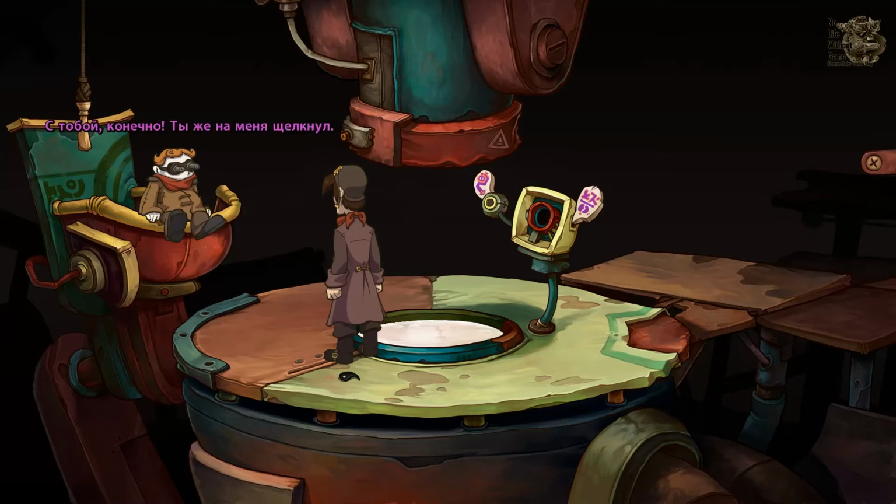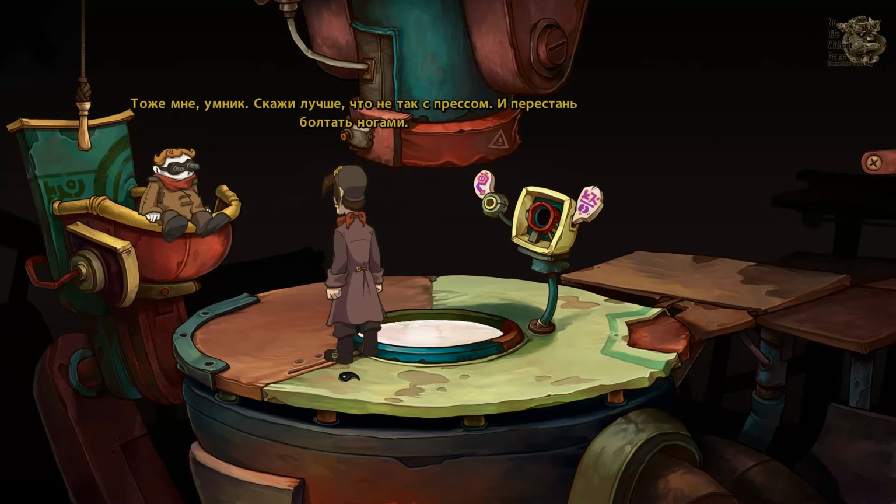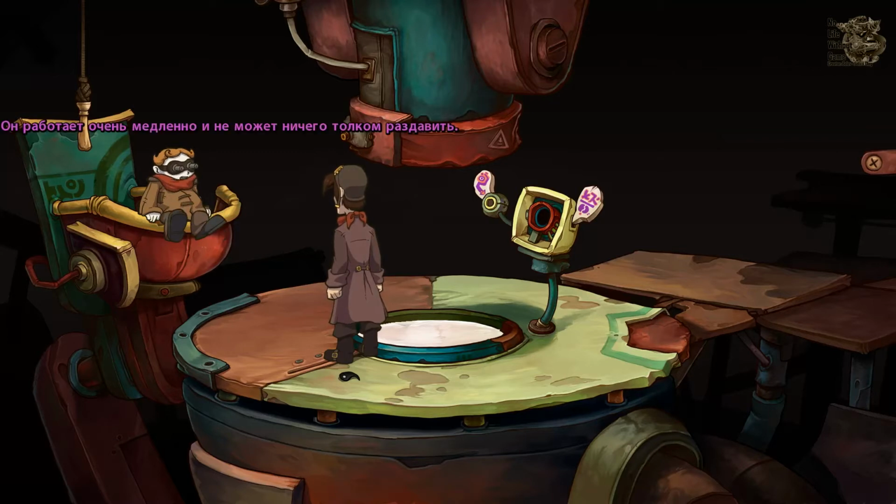Who's talking to you? Why, you are. You clicked on me. Smarty pants. Just tell me what's wrong with the junk press. And stop wiggling your feet. It's pressing only very gently now and doesn't really squish sufficiently. Hey, every idiot can see that. Well, why don't you present the tutorial then? Okay, piece of cake. But first, I'll explain